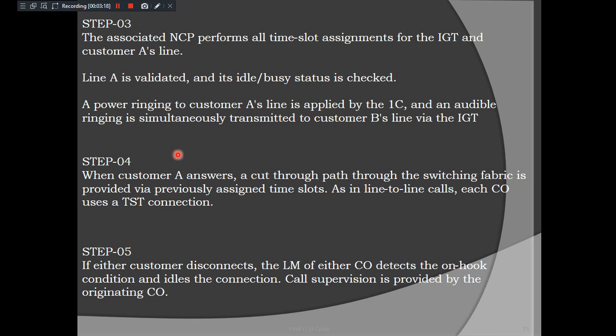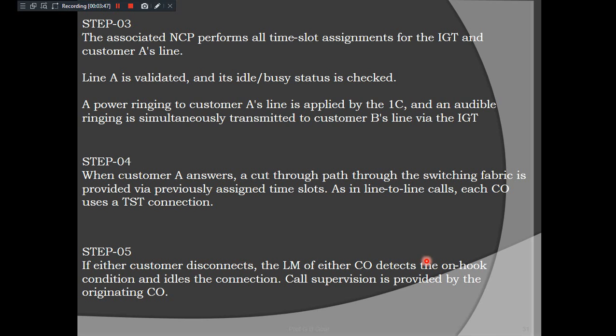Now step 4. When customer A answers, a clear path is established through the switching fabric through the previously assigned time slot, with the help of TST connection, as we have seen in line to line calls. All these things you have to tell. If either customer disconnects, at the time when the call is established, a small amount of AC current is sent by the supervisory code, and when either one of them stops, that will be identified and disconnected.